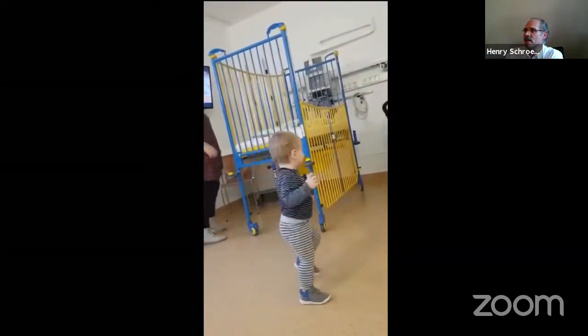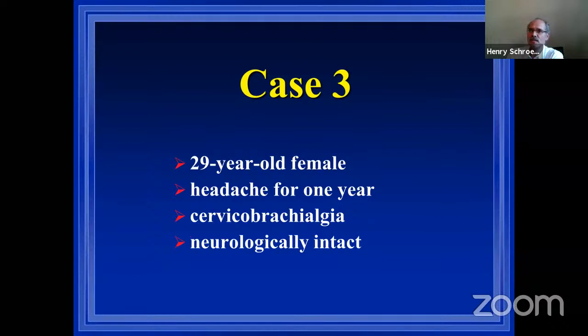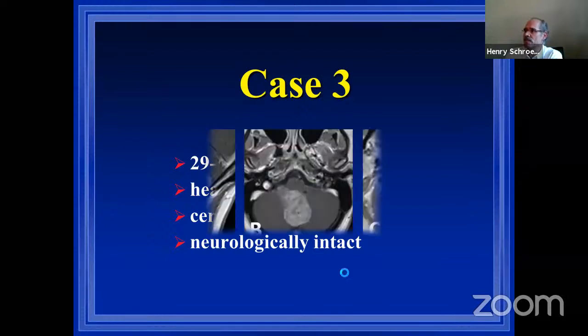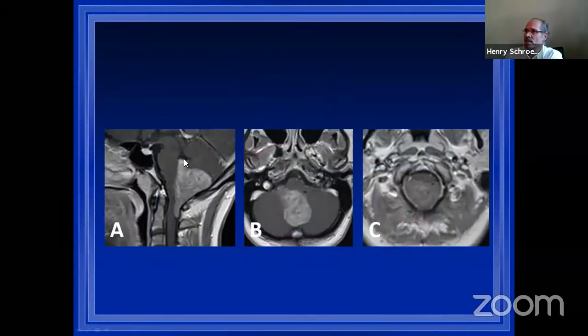But I'm concerned with radiation of these small children because I'm afraid this had sequelae later on. So another case was a 29-year-old female, headache for 1 year, and she had problems with her arms. Neurologically, she was intact. Then an MRI was done, and this was the most difficult tumor because there was a